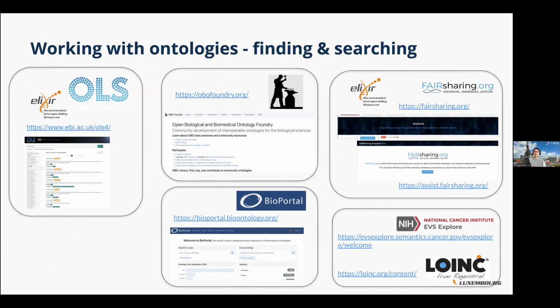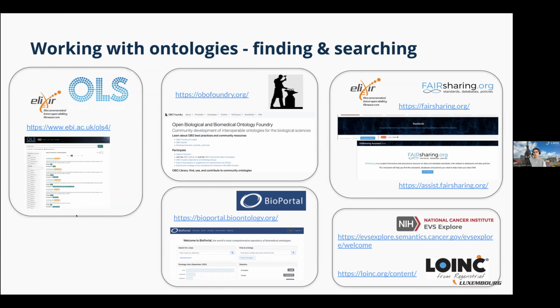Then for practically working with ontologies, if you just want to find either ontologies or terms in ontologies, my go-to is always OLS. It was developed by the team at EBI that I used to be in. I've also worked on OLS. They are now on iteration 4, hence the 4 in the URL. And it contains a bunch of ontologies, and you can search across them. You get your results. You can click through. You can move between ontologies, and so on.